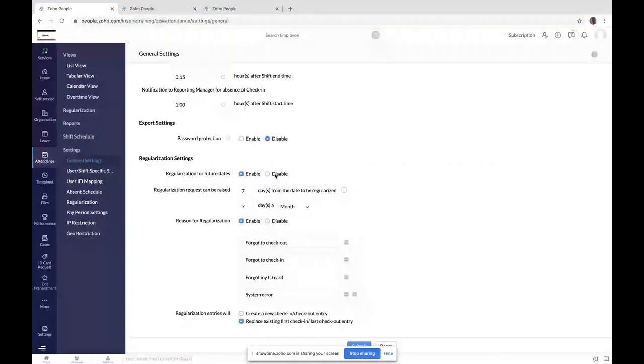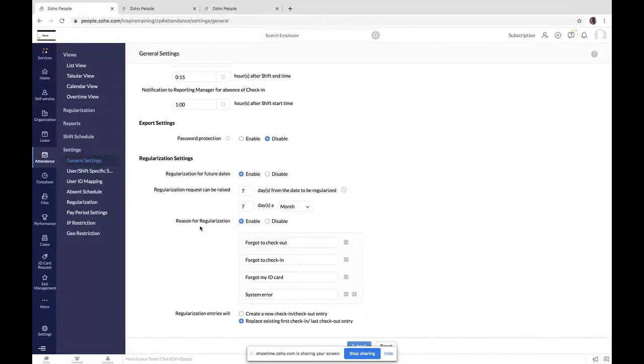The number of days that you allow in order to regularize can be provided here. Say you define regularization like 7 days per month can be allowed, so an employee can raise any number of requests till 7. And if you have any period which is set, say you define it as 7 days from the regularized date, so today, if you wish to regularize, that regularization request can be raised within 7 days from the current date.